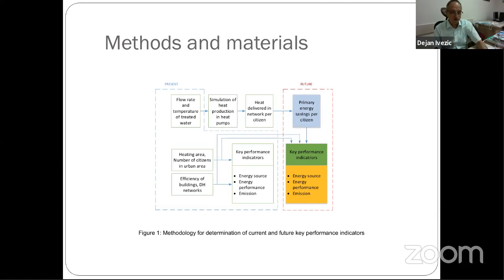In the third phase, we evaluate utilizing the full potential of wastewater heat by developing projections of the district heating system with changes on the supply side, while the demand side was kept as current. So here is that future where we use that heat potential, and we calculated the indicators to see what could happen if we use